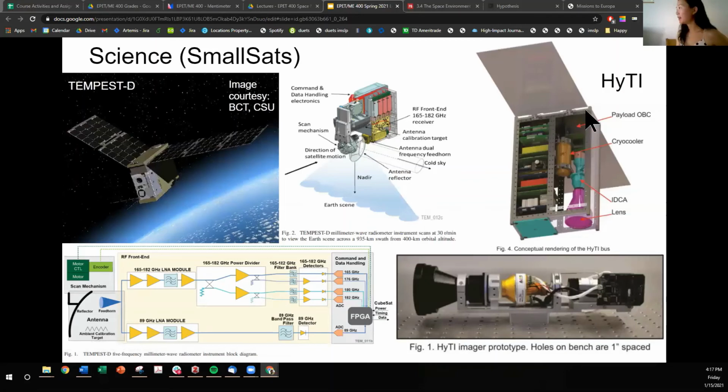All right, and then I'm going to talk about HiTi, which stands for Hyperspectral Thermal Imager Mission, also funded through the NASA INVEST program. HiTi will demonstrate how high spectral and spatial long-wave infrared image data can be acquired from a 6U CubeSat platform. The mission will use a spatially modulated interferometric imaging technique to produce spectro-radiometrically calibrated image cubes with 25 channels between 8 to 10.7 meters at a ground sample distance of about 70